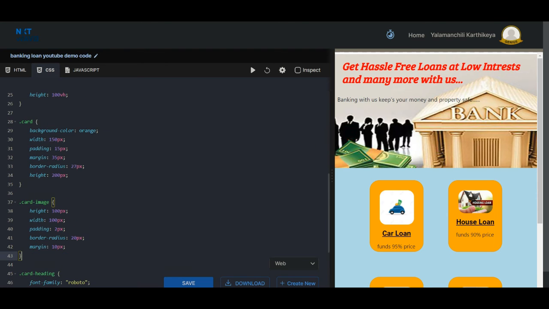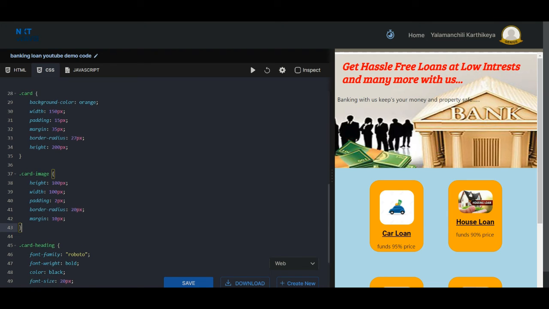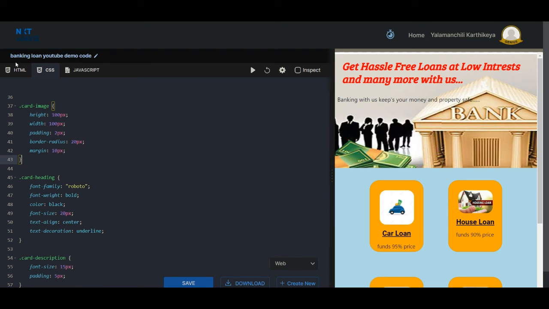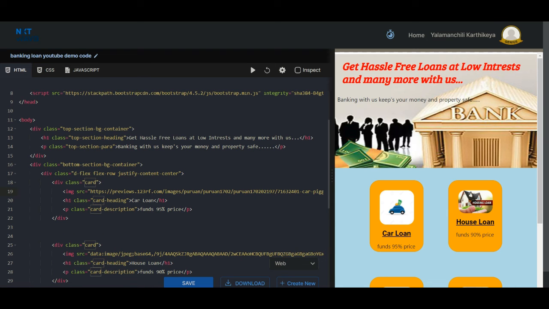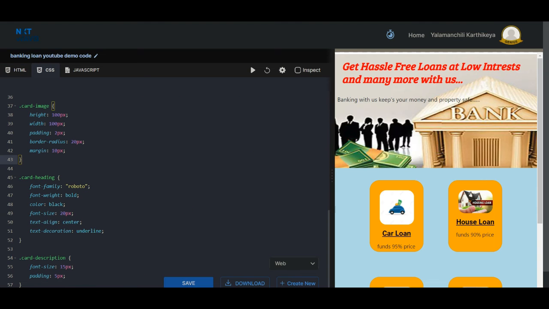And I got an output with a blue background, a card over it, and an image in that card. Next, I have to get the heading. That is why I chose the selector named card heading and wrote the rule set like this. I got an output with a card and image in it and a heading below that image.